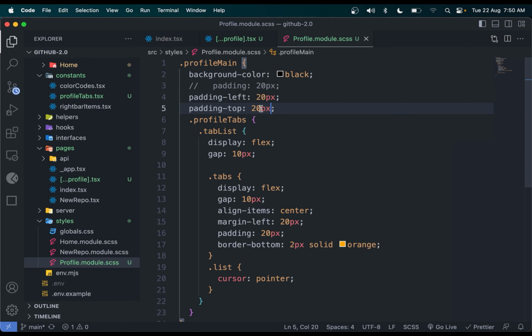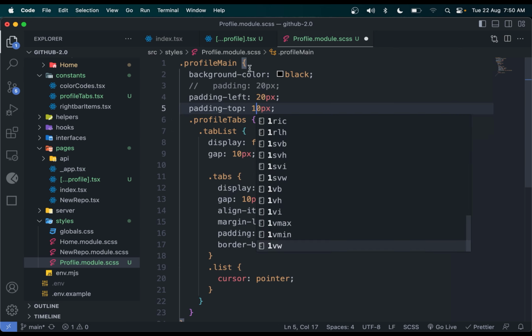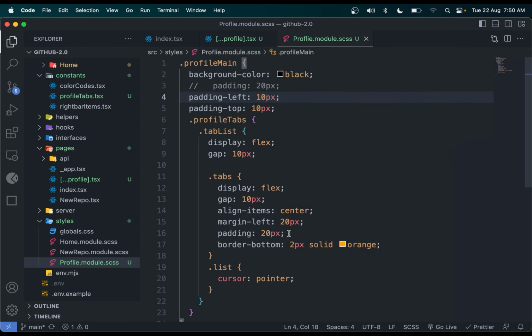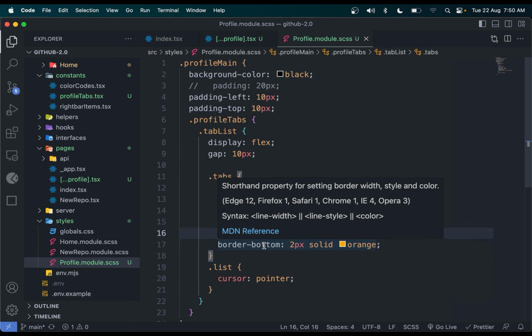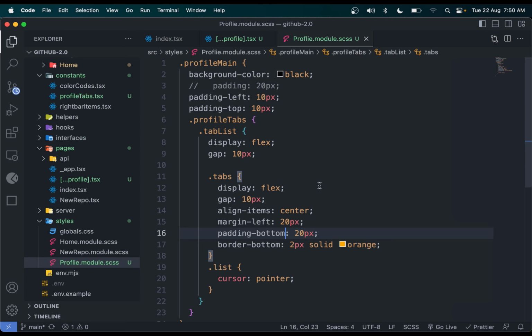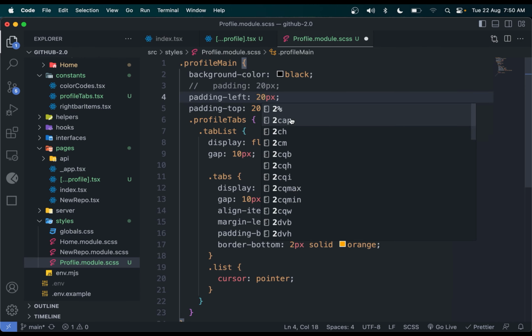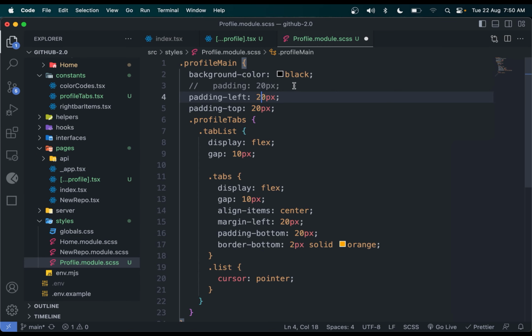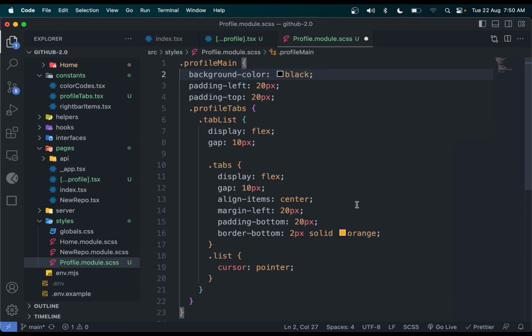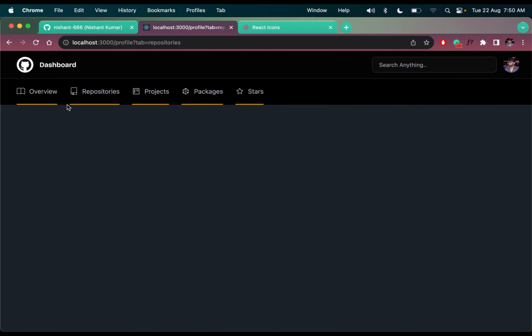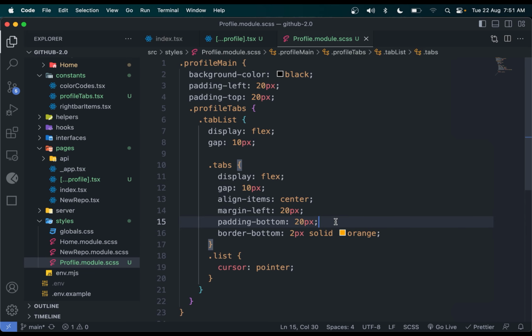Save it. Okay, it's too much. I don't think we need padding on the top. So just make this as 20. I mean, make it as 10. This as well. And then this should be padding bottom, not padding. Now they are looking perfect. In that case, this should be 20 now. And they should be at 20 as well. Left and top. Remove this padding. Save it. So we are having all of these items in here with the, okay, we also have to add